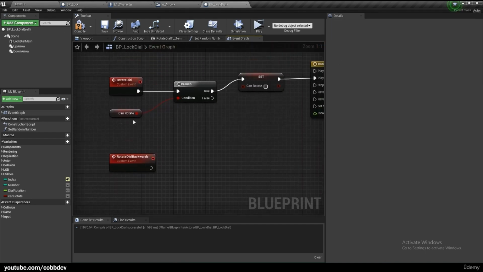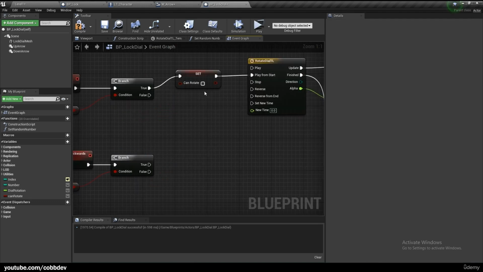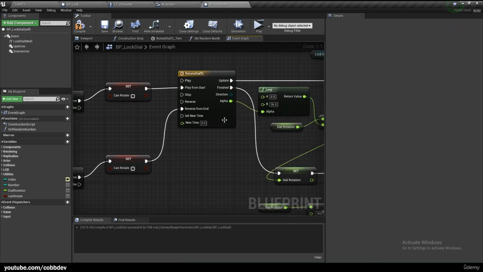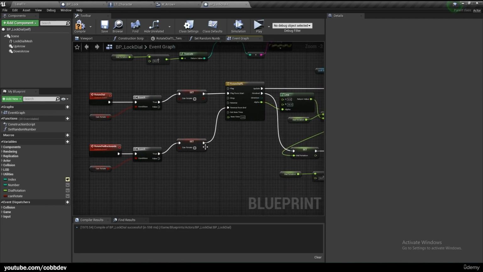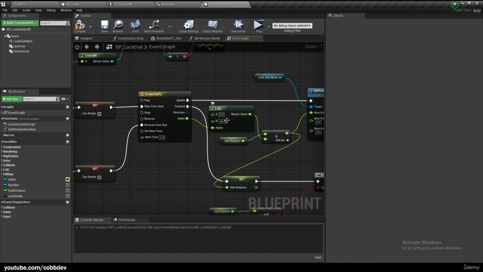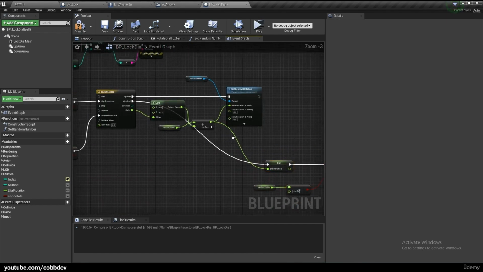And we just need to ask the same thing, if we can rotate. So I'm going to copy and paste that. And if it's true, we want to set can rotate to false, and then we want to call reverse from end on this timeline that we already created for rotating our dial, but this time we will play it in reverse. But no matter whether it plays or reverses, we are still looping from 0 to 36, and if we were going backwards, we want to rotate it negative 36 degrees so that it goes backwards. So I'm going to move this out of the way,